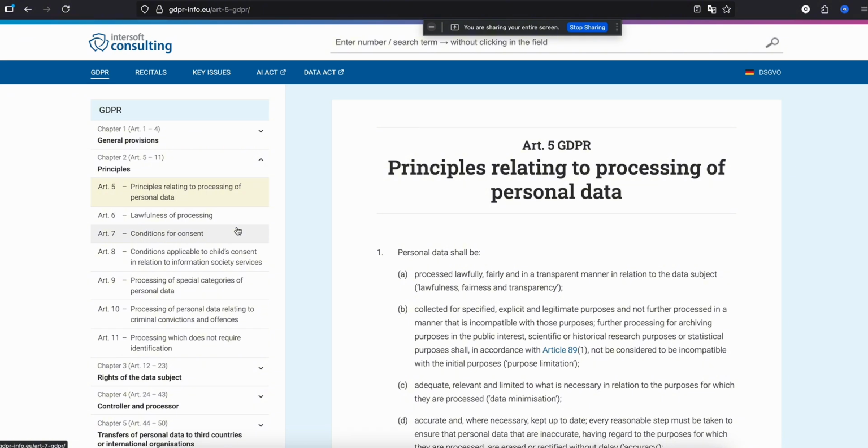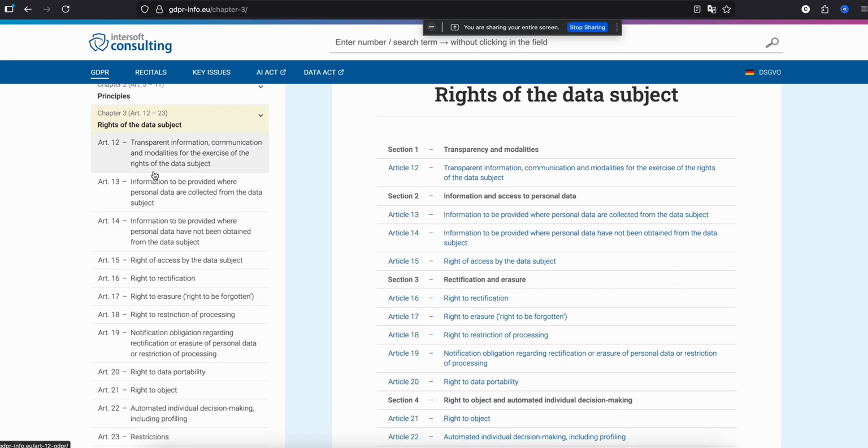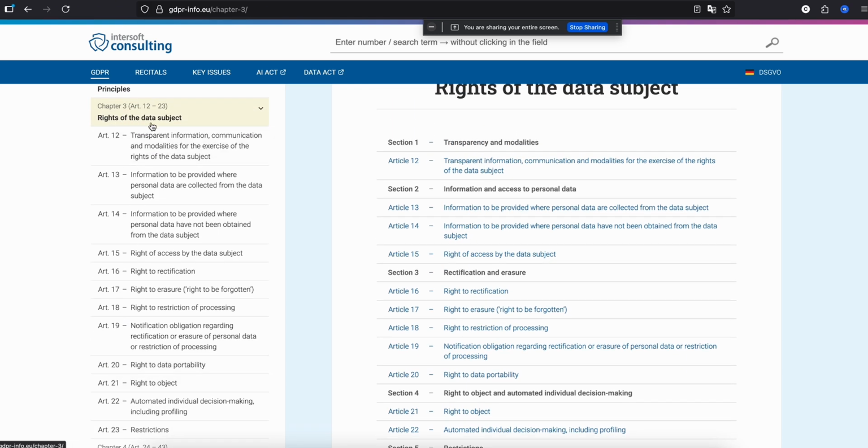Now the controller thinks, okay, this user has been inactive for the last 3 years, we don't need their data, let's not process this data. This is a business decision. But in these 2 years, I can ask Amazon, whatever data you have, show me. And now you need to delete my data. You cannot process my data. That is my decision. That is the reason we have Article 12 to Article 23, all about the rights of the data